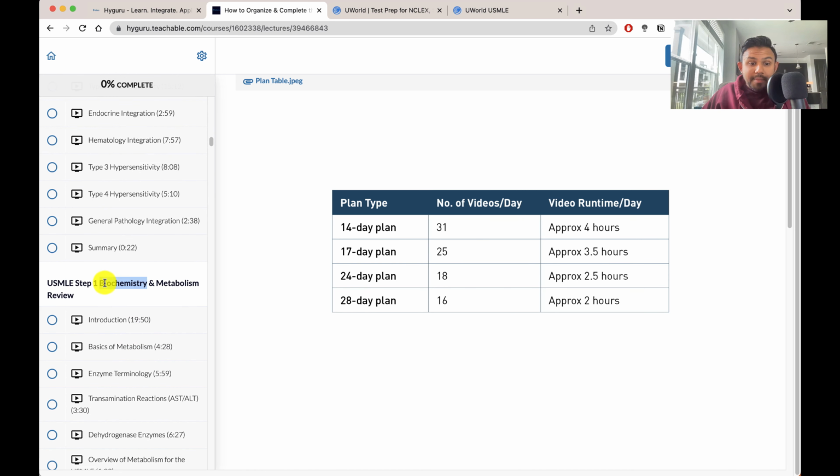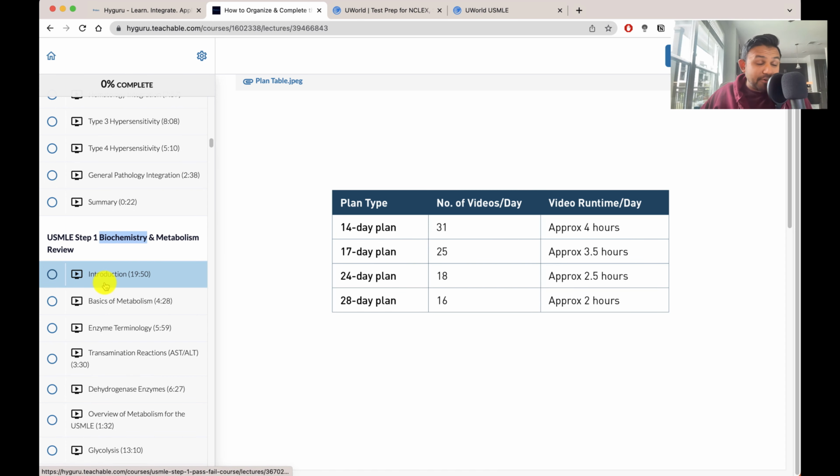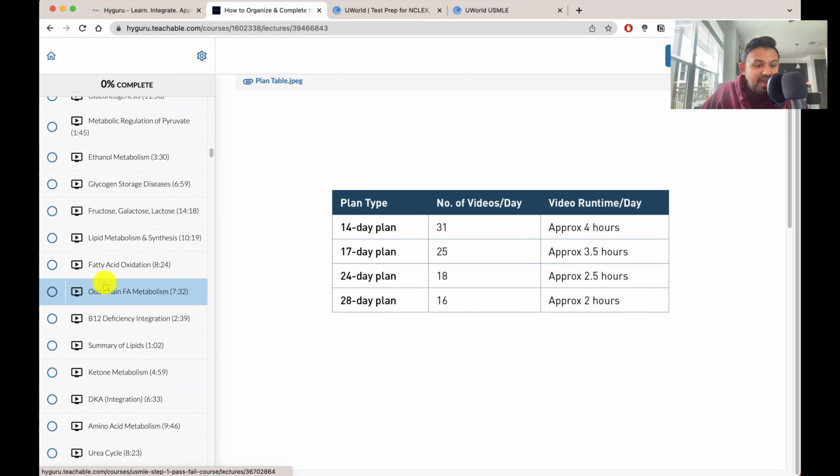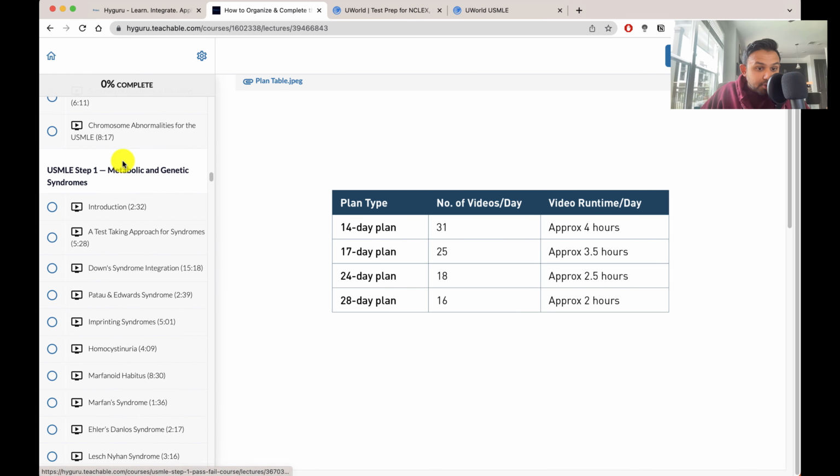The next portion will be biochemistry. Now, I've tried to simplify biochemistry because I know that there is so much information. The pathways, the various enzymes can get so confusing. So what I do in the biochemistry section is I start big picture and then we go into the specific enzymes, and I like to integrate endocrinology, because in endocrinology you have the various hormones and they modulate the various biochemistry pathways. After biochemistry, I like to go through genetics and particularly emphasize the various syndromes that will be seen